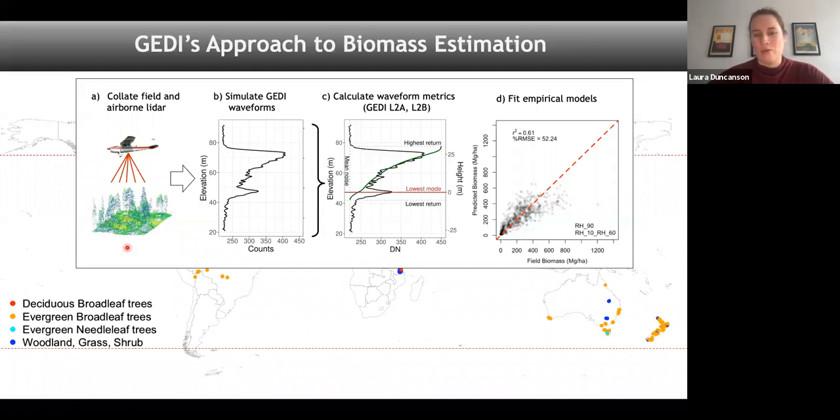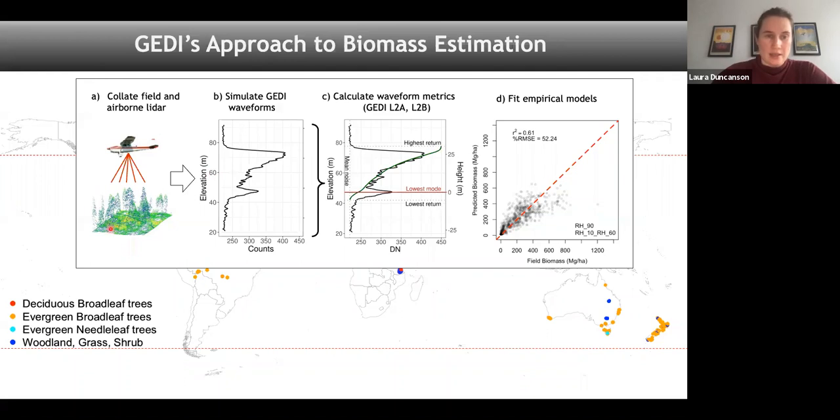And instead, we have worked with a group of international collaborators who have existing field data where they also have airborne LiDAR, and we make the airborne LiDAR look like GEDI. So this is our fundamental concept, is we collect pre-existing field data, both that we've collected from our lab, but mostly from international collaborators all over the world who have collected actual forest estimates of biomass on the ground, and where airborne LiDAR is coincident, both spatially and temporally, with those field collections. So we can make the airborne LiDAR look like GEDI by using a GEDI waveform simulator that was developed and published by Steve Hancock, who's now at the University of Edinburgh.